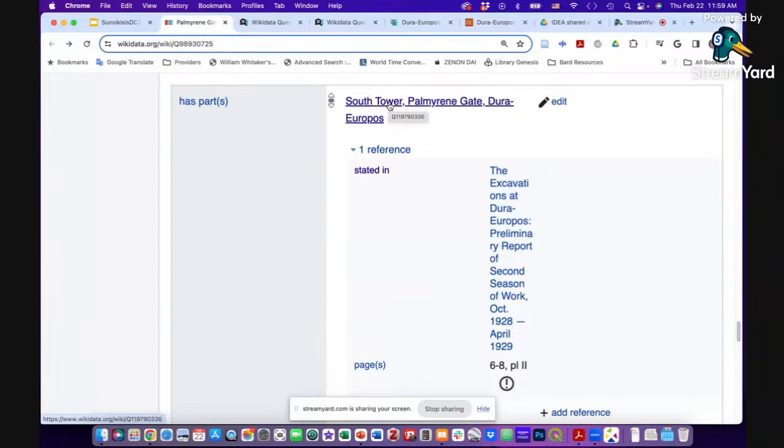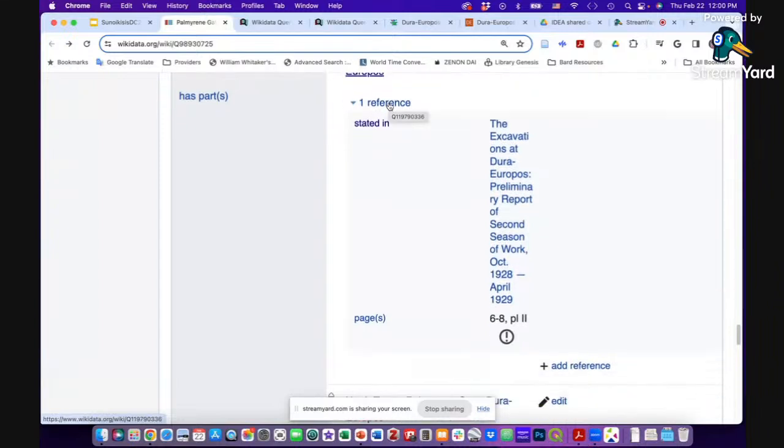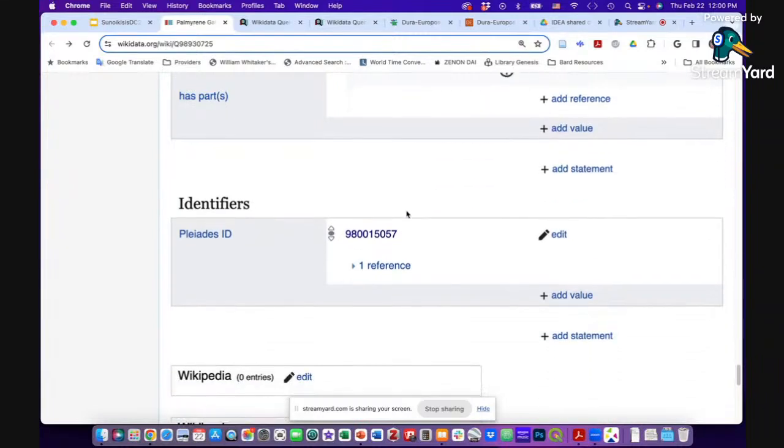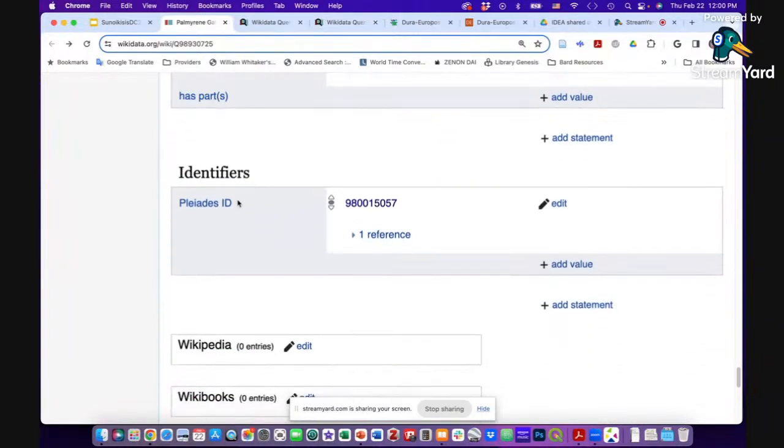We don't have coordinates of exactly where this object was found 100 years ago, but we have enough information to be able to put it rather close back to its original find spot. And this is how we start to be able to